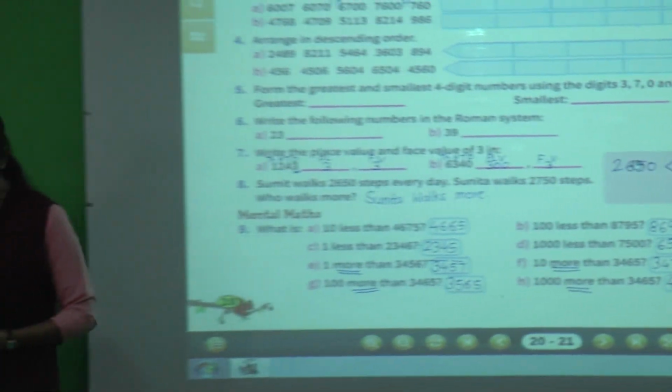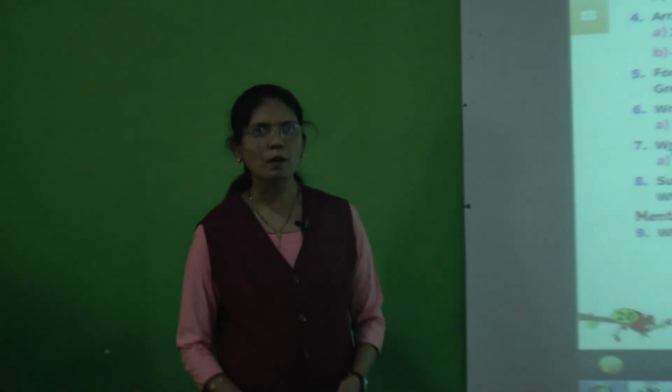Now students, in this way we have completed mathematics A. Now see the mathematics B. In mathematics B, there are only 4 MCQs and they are very easy. I am not going to take you through those MCQs because they are very easy. So you have to solve those MCQs on your own.